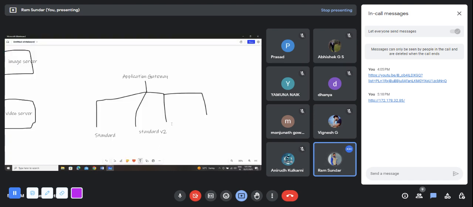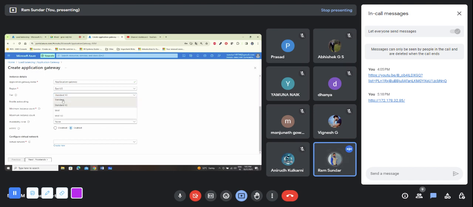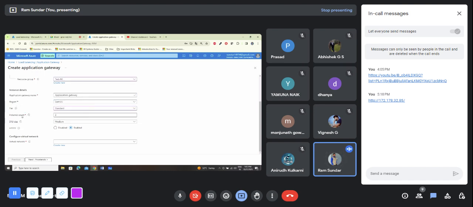The third one is for WAF2. So WAF means web application firewall, which is specially designed for protecting applications against hackers and attackers. Okay, so in the standard one, when I give a standard,